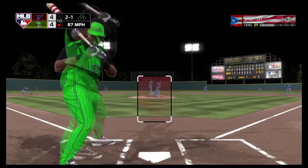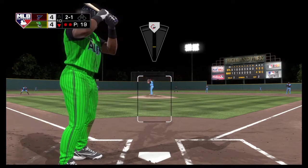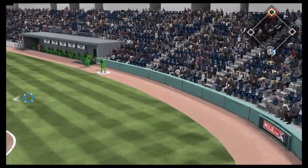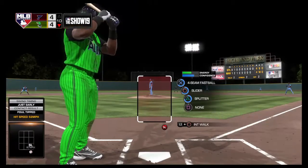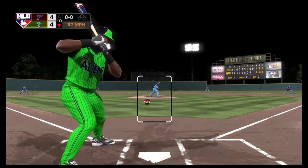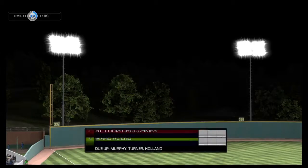And he misses 2-1. After 2 breaking pitches, there's a pretty good chance right now you're probably going to get something right in the middle of the strike zone to swing at. So if you're looking for it, go ahead and turn that baby loose. And he strikes him out to retire the side. So we'll...